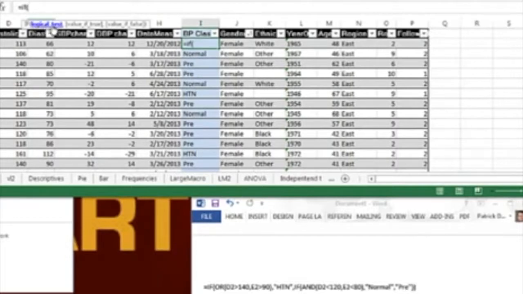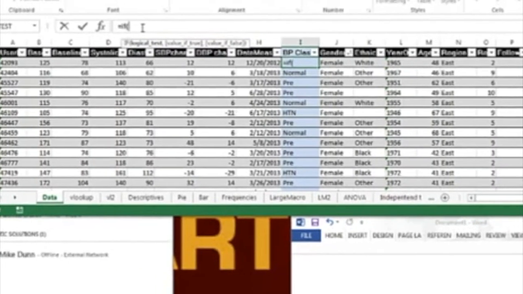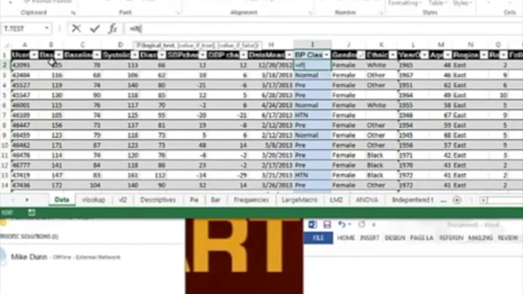And you see how Excel will walk you through the entire formula here? So the logical test is, for this baseline systolic pressure, if B2 is greater than 140,